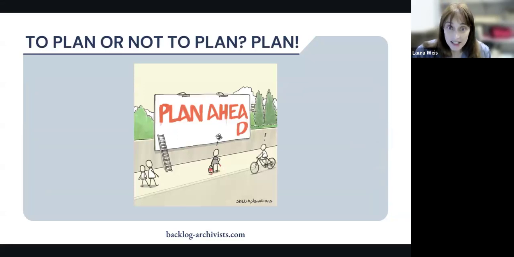So to plan or not to plan, my spoiler alert: plan. It seems maybe obvious that you would want to at least have a sense of some steps that you're going to be taking, or an order of operations going forward. But at least for me, I think sometimes putting a plan together when it seems like there are a lot of unknowns, as there often are with processing and archives in general, it can be kind of daunting